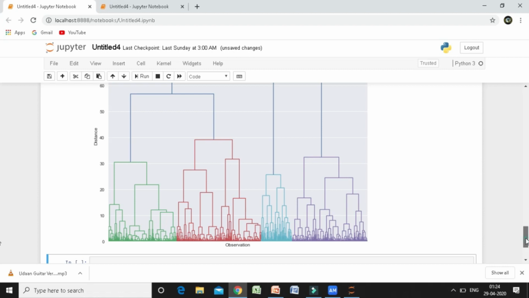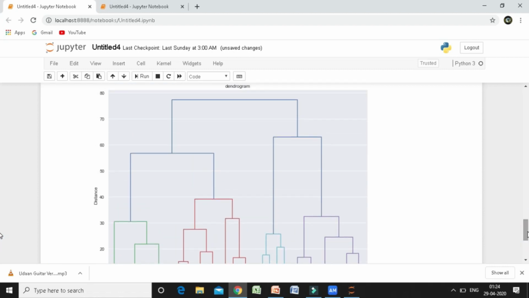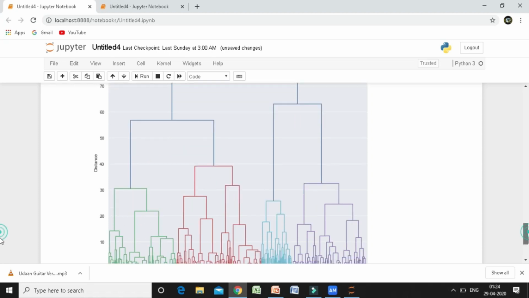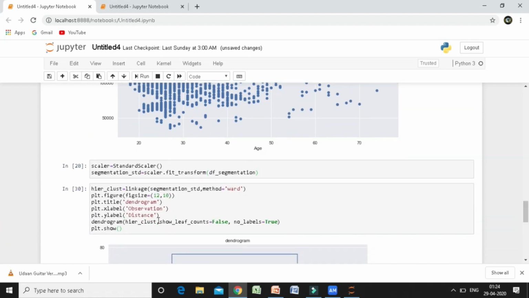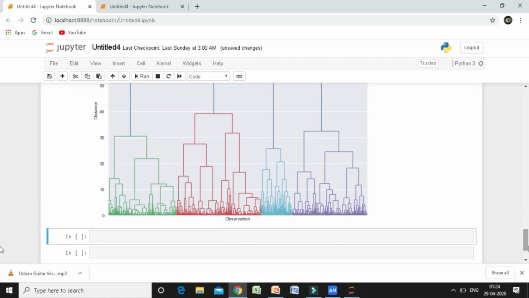Now just to give you little more information about this, here vertical line means the distance between the observations, and this vertical line means that it joins 2 clusters. So here vertical line is this, and it is joining this cluster and this cluster. Again the vertical line is this, and it is joining this cluster and this cluster. So basically with this code you don't need to do anything. It will automatically give how many clusters it will form. So here it is forming 1, 2, 3 and 4 clusters.